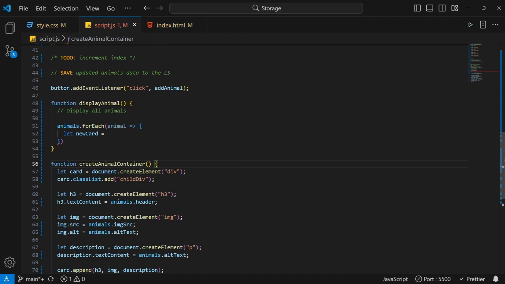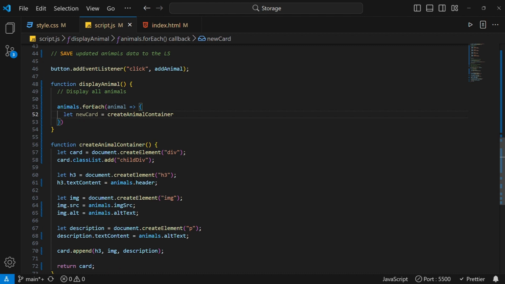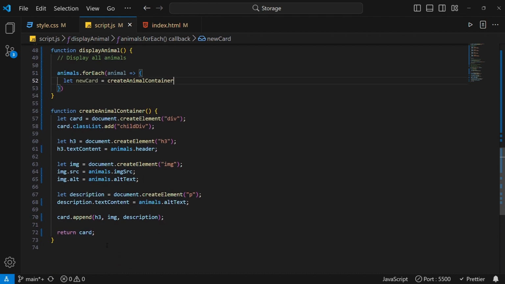So you can just say let new card equals, and then you call the function createAnimalContainer. So for us to pass in this card, we may want to,